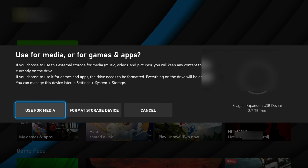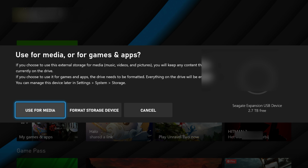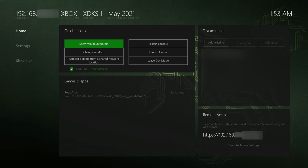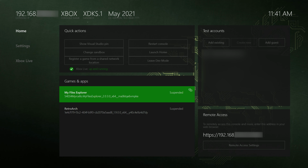It's really important here that you select media storage so we can add whatever files we want on here. Otherwise, if you select game storage, it will fully wipe your drive and only allow you to install Xbox games on this. So it's important that you make sure this is entered correctly. From this point, we're going to be opening up the My Files Explorer application here, and we're going to start